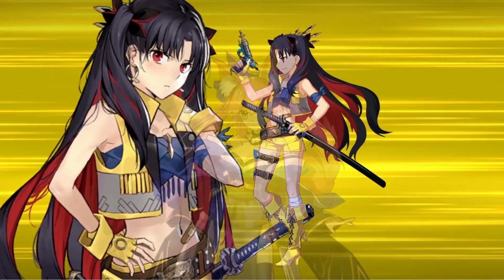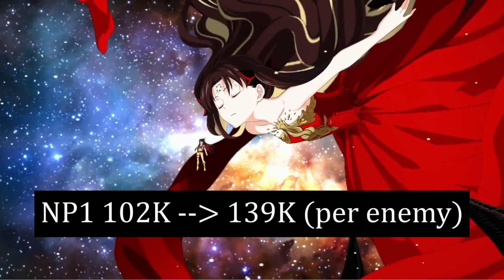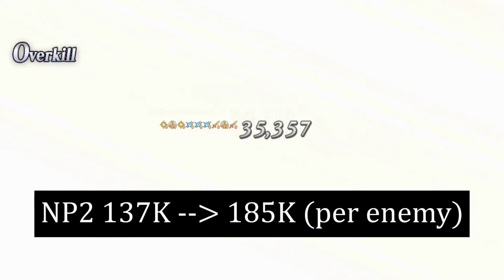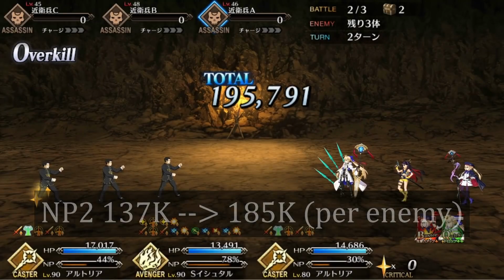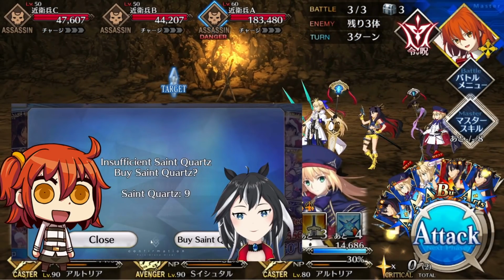If you're concerned about her damage, using Pluxie for an extra Tamamo will bump her neutral minimum NP1 damage from 102,000 to 139,000, and her minimum NP2 damage from 137,000 to 185,000, which is more than enough for most free quests, lotto farming included. If you're looking for a free-to-play friendly comp for Space Ishtar, then the best setup I